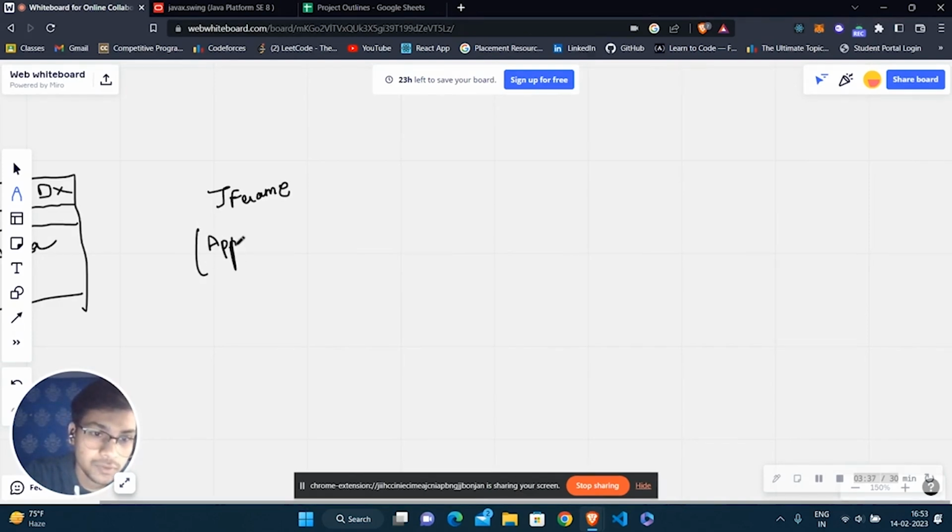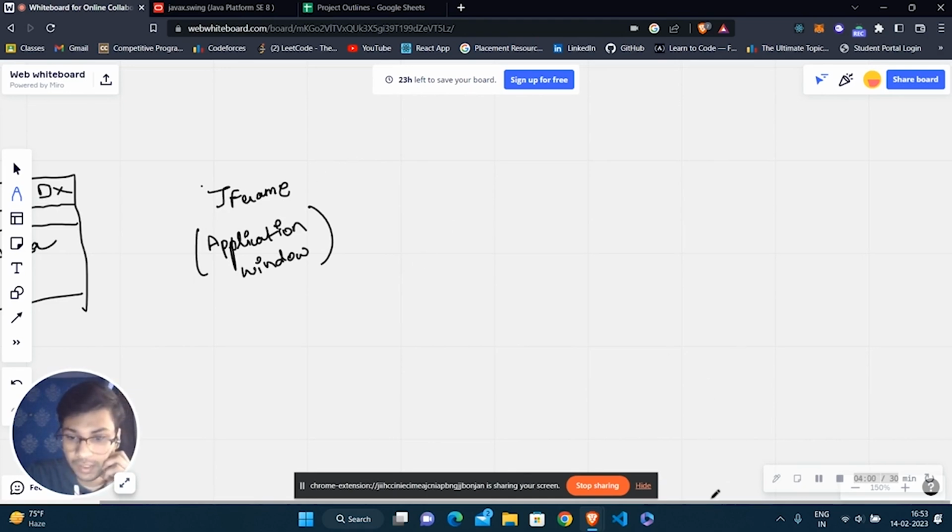We need an application window to display that text editor to the user. So that will be our JFrame class, which is defined in the Java Swing package that we are going to use.